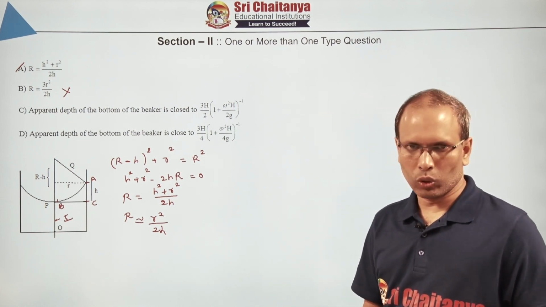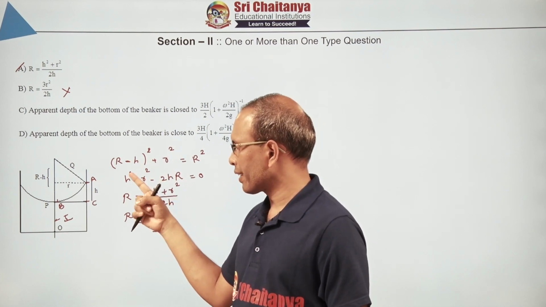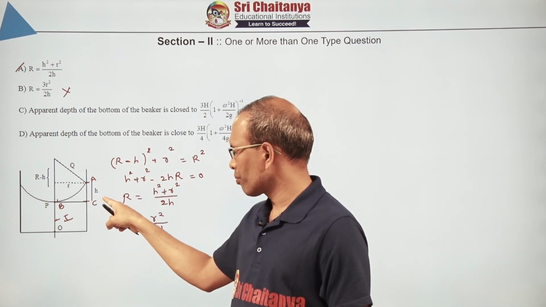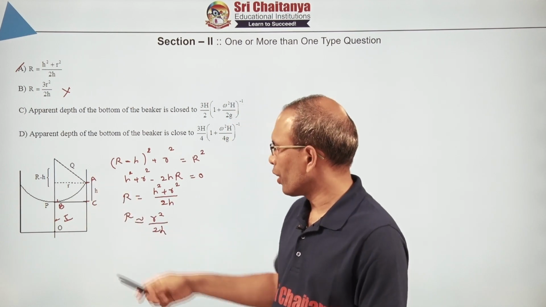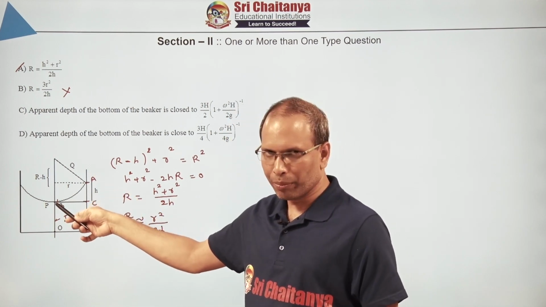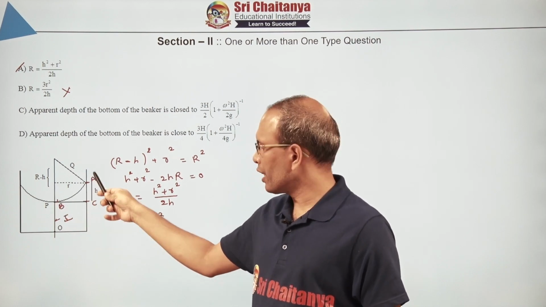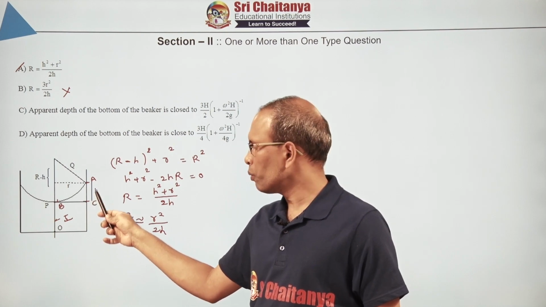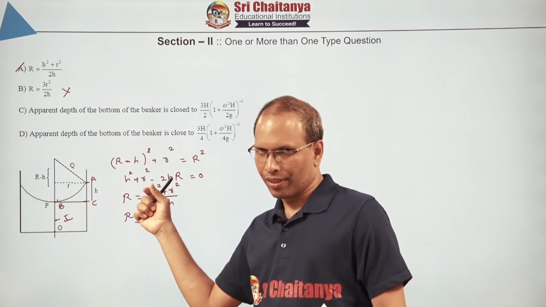How to do it? We know that because of this rotation there is a pressure difference created between points B and C, and of course we know the pressure difference between A and C. So pressure at point A is P naught, pressure at point B is also P naught, then the pressure at point C, which is PA plus h rho g, must be equal to the pressure at point C, which is PB plus the pressure difference between these two.